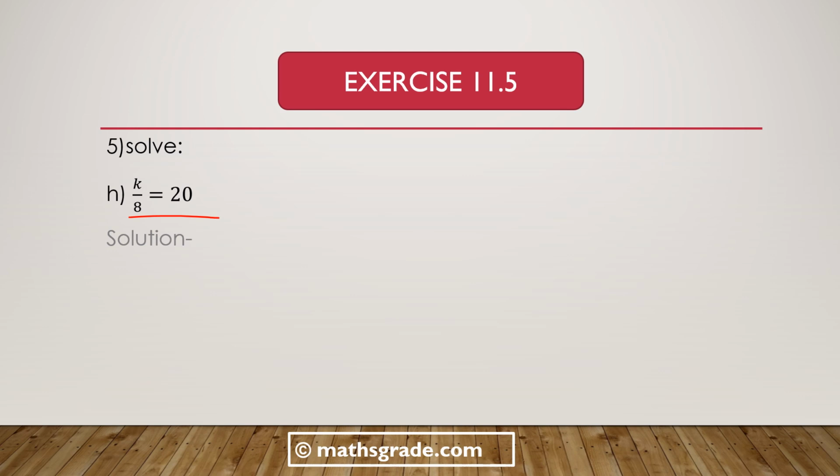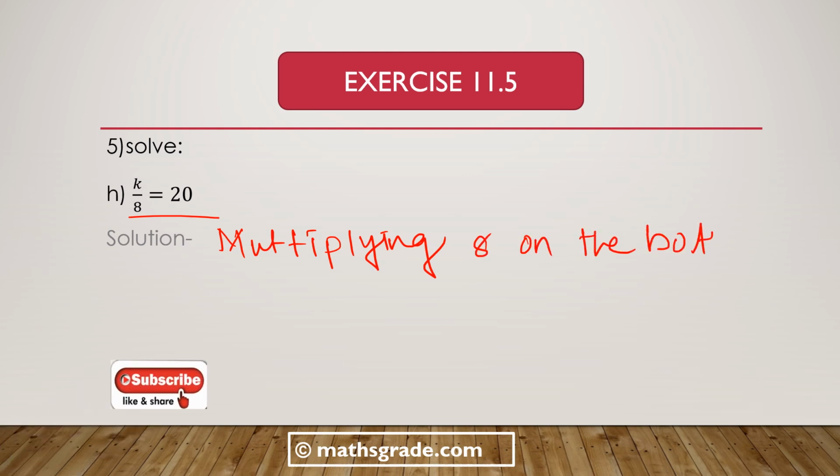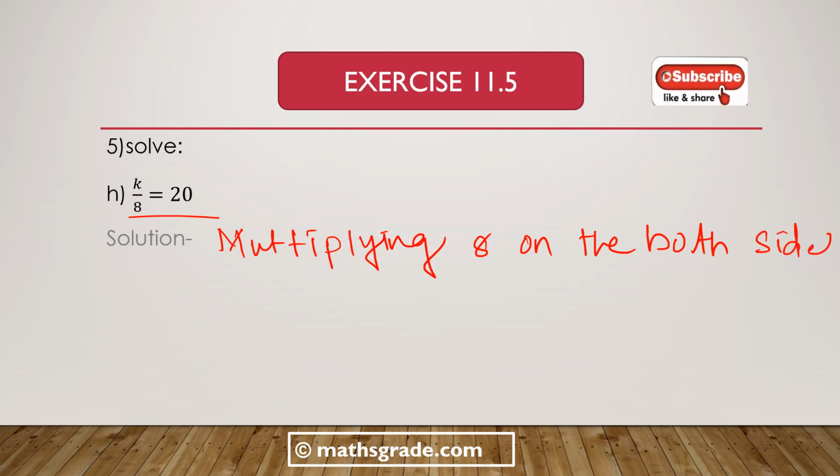Here the division operation is given, k divided by 8. We know multiplication and division operations are reverse operations. So we have to multiply by 8 on the left hand side. Because we multiply by 8 on the left hand side, we have to multiply by 8 on the right hand side also to balance the equation. So multiplying 8 on both sides of the equation, we get